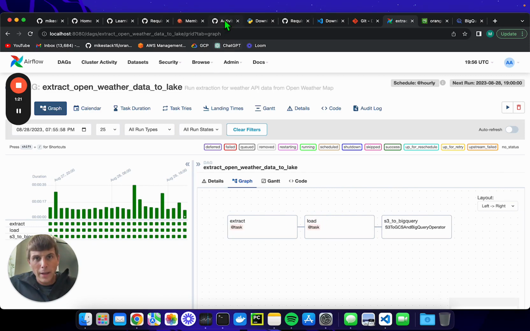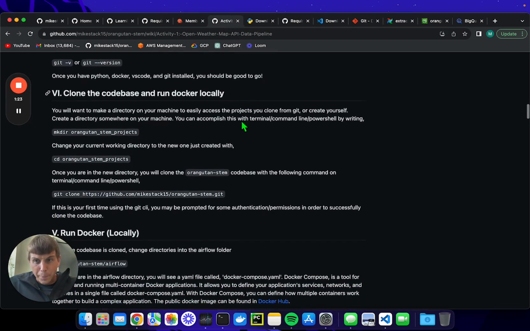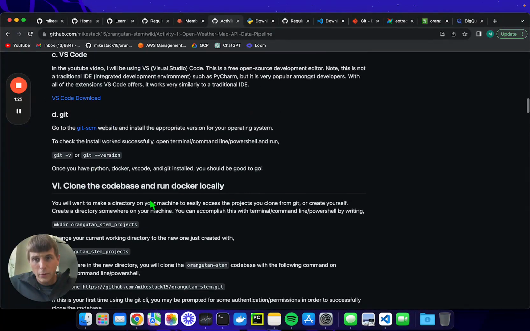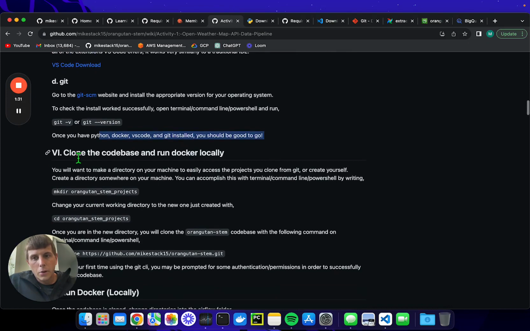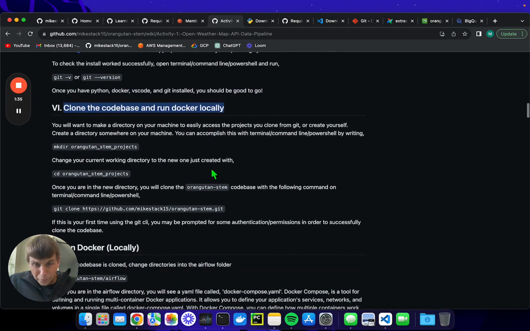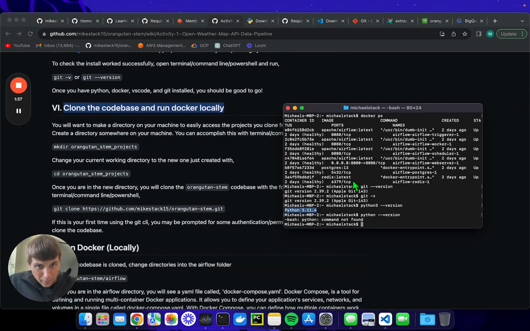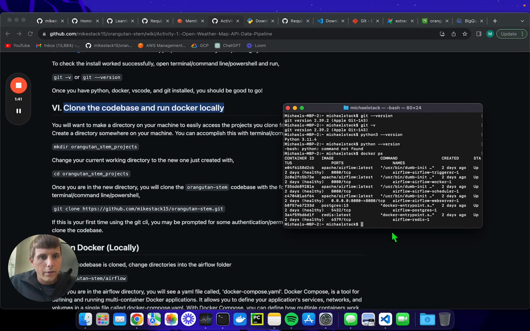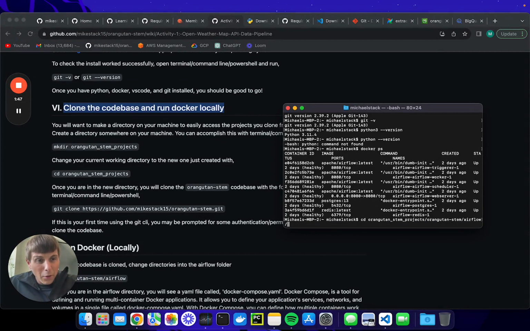So we'll go back over here to the wiki. The first thing, once we have all of our requirements installed, Python, Docker, VS Code, and Git, is that we're going to want to clone the code base and run it locally. So I already have Docker running this image locally. If I run the command docker ps, I can see it here. I also have this code base saved locally. So if I wanted to shut down this